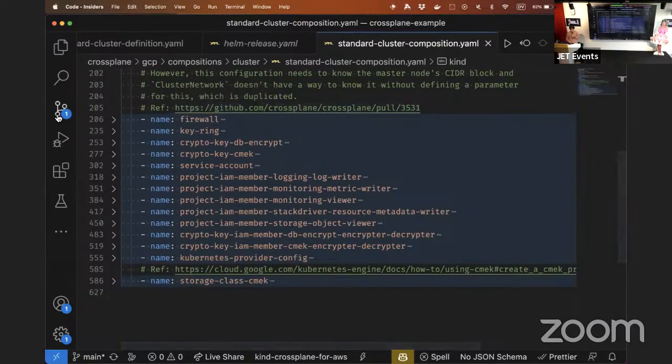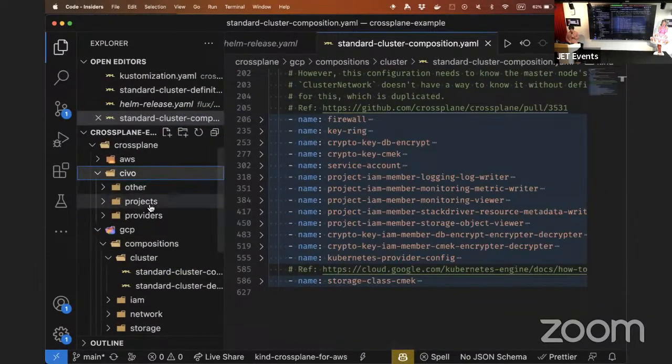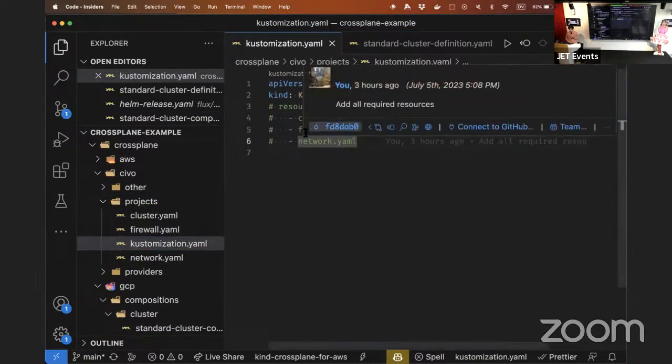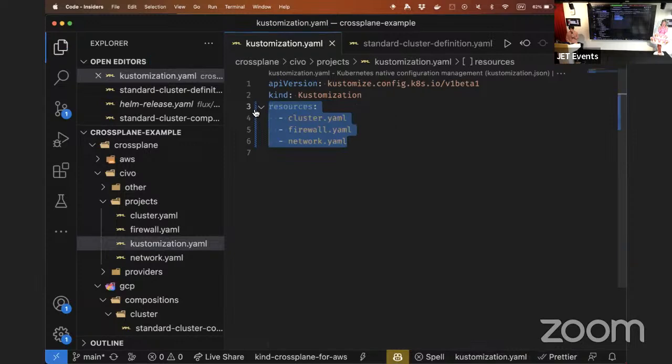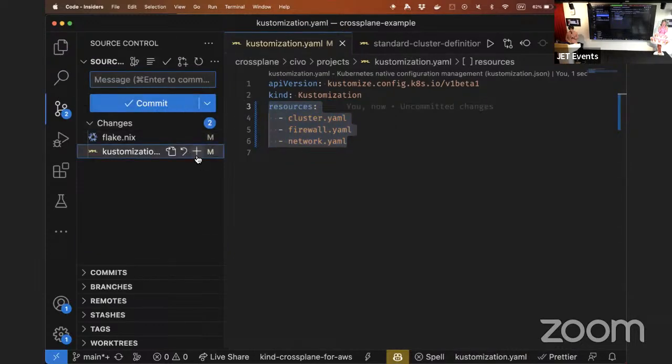And what I'm going to do is to go to actually to Civo. And if I go to the projects, so I've got this customization, which is completely removing all the cluster and firewall network setup. If I were to put that back in, save that, and then push that over. So if I do customization,